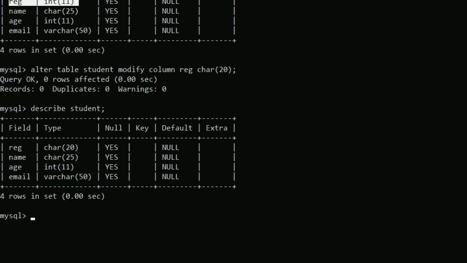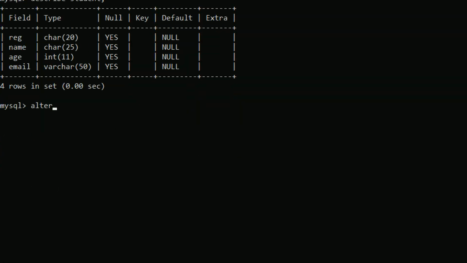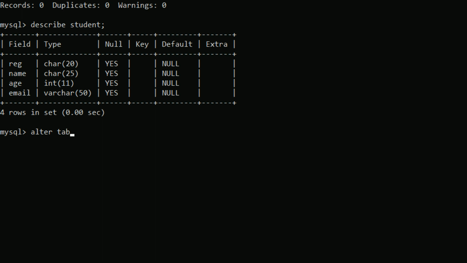Hope you got this. And I can also rename the column name. How to do that? See, you can rename two things here. One is you can rename the column or you can rename the table itself. There are two different queries used for this. We'll see one by one. First, we will see how to rename the column name. For that, alter table student